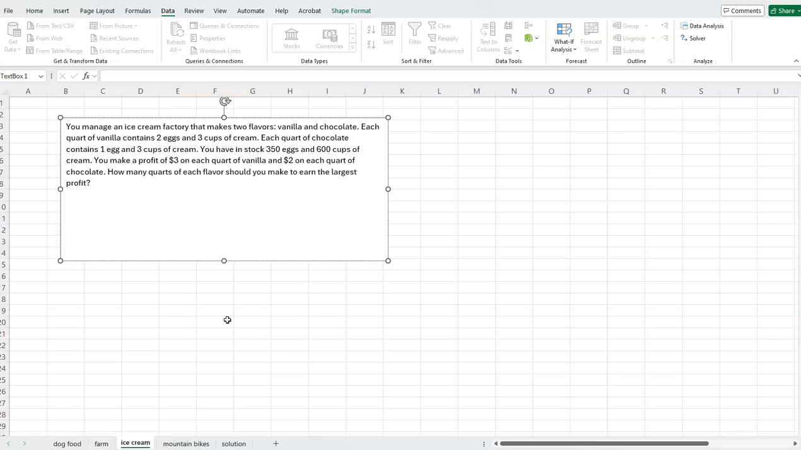Now here's the important thing next. We are limited. We have in stock 350 eggs and 600 cups of cream. Then we have some profits on these. And then finally to the problem statement, how many quarts of each flavor should you make to earn the largest